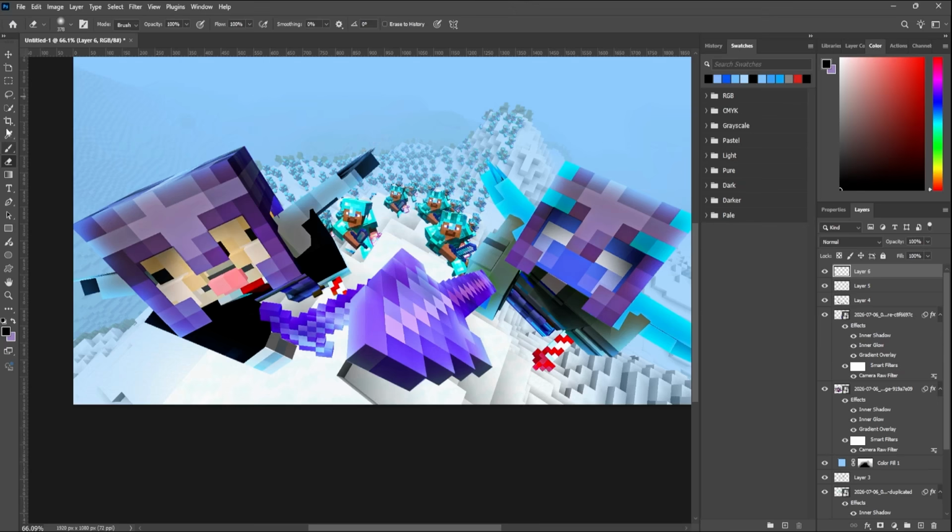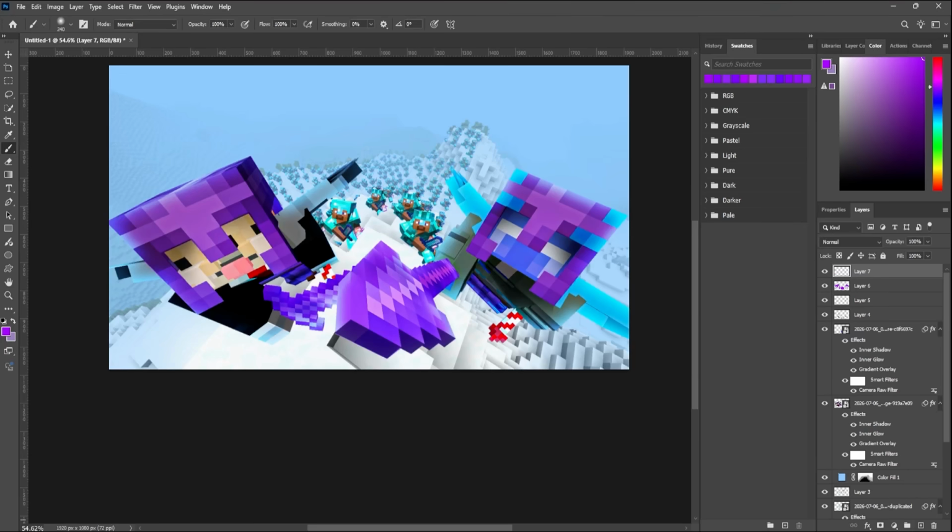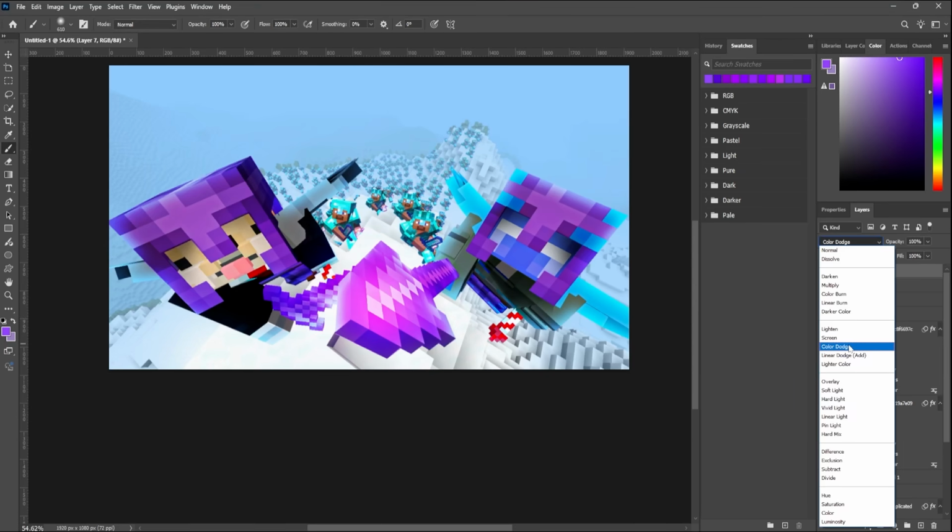Okay, now that I added shadows, what I'm going to do now is select the selection tool, and use this part of the selection tool to select the netherite parts of the plate. And basically the reason I'm doing this is so that I can adjust the hue for the netherite to make it more purple. And then now you can adjust the layer type to be whatever you want the layer color to be. It can be overlay or it can be soft. Now to add the glow part at the end of the spear, I just put a light glow brush with 0 hardness, and I changed the layer type to be